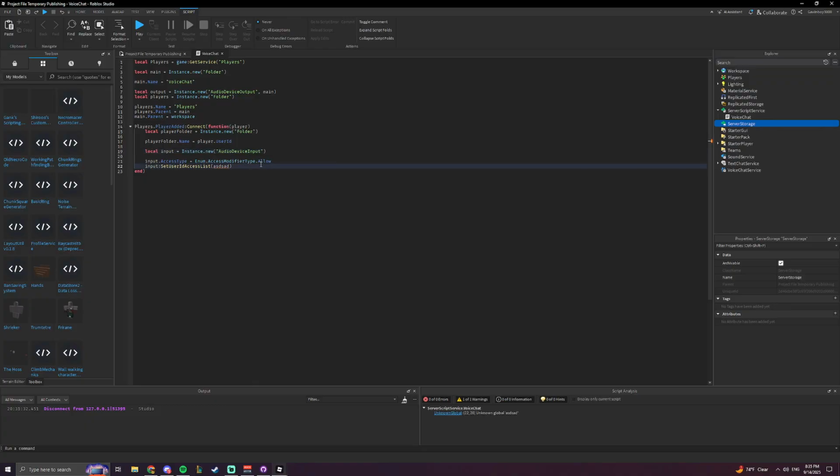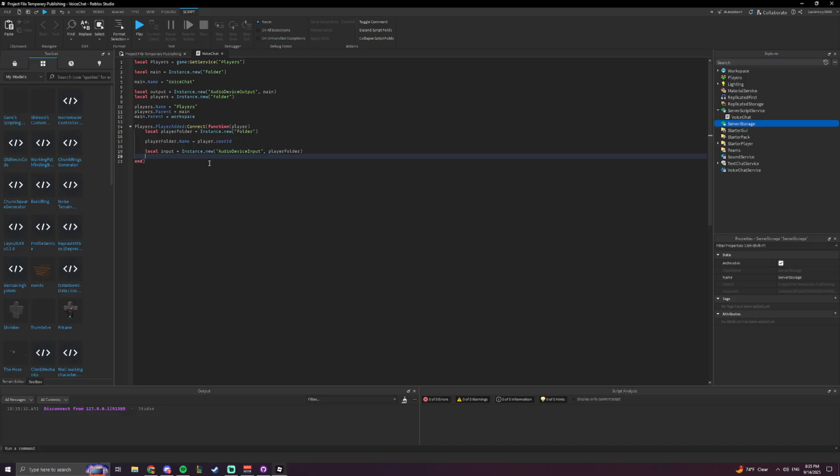But I'm not going to do that because we just want global. So this should be fine then. Yeah, then I can just set the parent in here. So I set the parent to player folder. Then we're going to do some optional things. Actually, we don't need to do the optional things because I haven't even set it up in my example, but